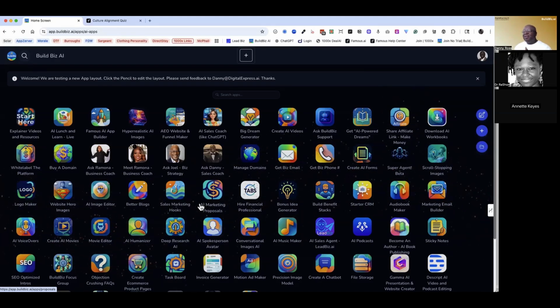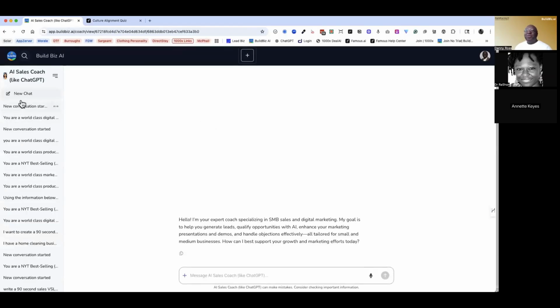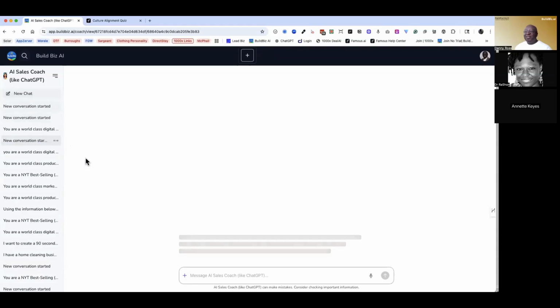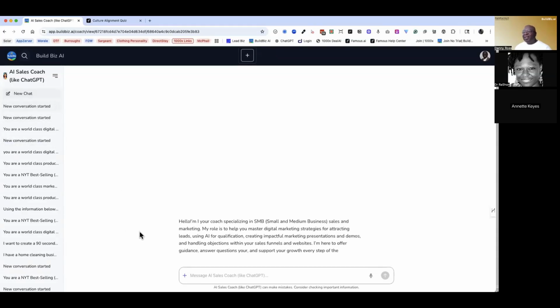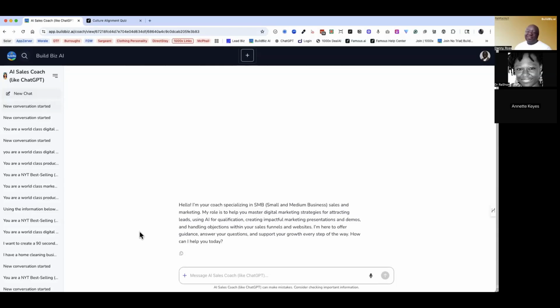Now, there's apps that are on Deal that are not here, and there's apps that are here that are not on Deal, because they're all custom built. For example, on mine, I have an app called AI Sales Coach, which is closest to ChatGPT as you're going to get on the platform. You just ask it questions. On the Deal.ai platform, it's called Ask Alex. That's what I meant by yes and no. They're the same app, but they're different branding, if you will,